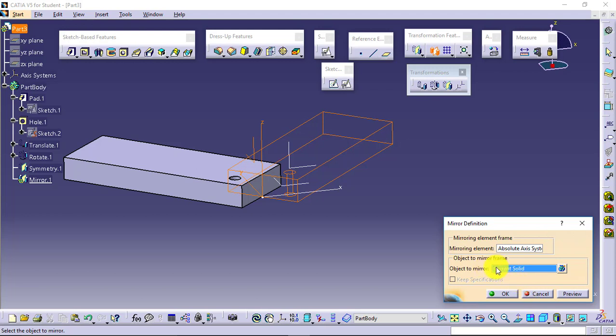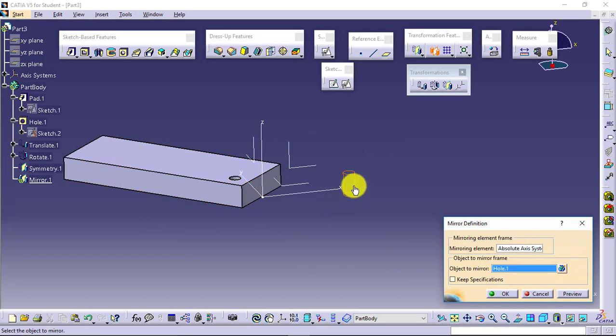If you have not selected anything, then it will show you the current solid, meaning whatever is created will be mirrored. But I want to mirror something of my selection, so I will go for selection of that. Say I just want to mirror the whole, that's it.